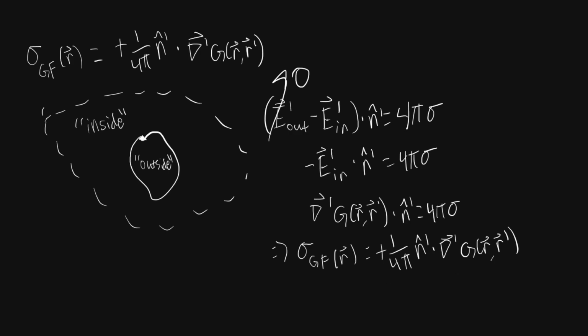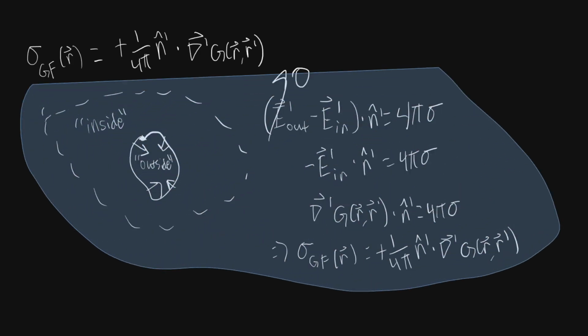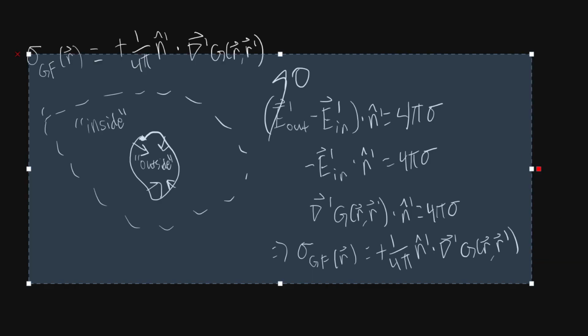The one important thing to remember is that we got this positive because our normal vector is actually going to be pointing into this surface here, because it's going to point away from the inside, and towards the outside. And so then what we can say from this is that